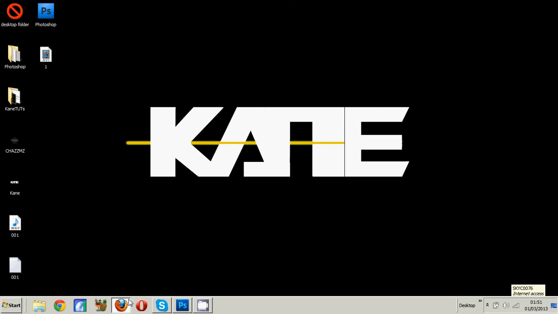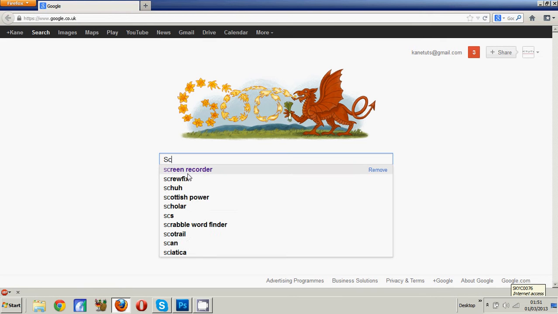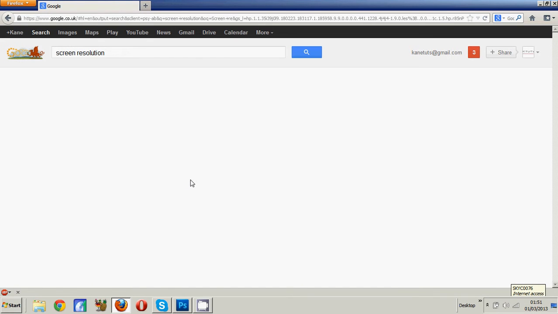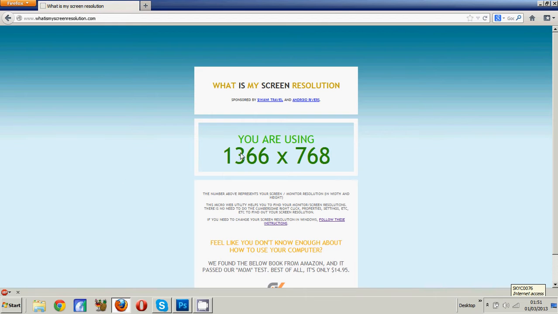So first of all, what you want to do is go to your web browser and go to Google, and what you want to type in is screen resolution, like that, and it will say what is my resolution. It should be the second link down. If it's not, then just type in what is my screen resolution, and there we go. Your screen resolution is